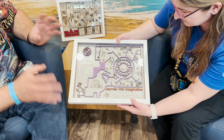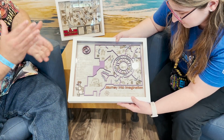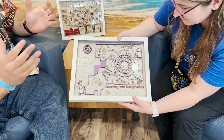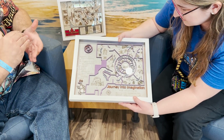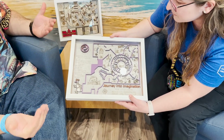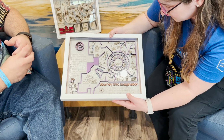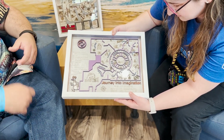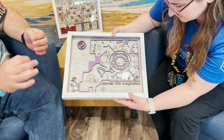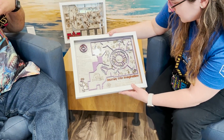And then I wanted the colors to match the color schemes of the rides. So with Journey into Imagination, you had white, purple, and orange as the main color palette, and of course the ride vehicles were blue, so those stood out. So we did our best to color match all those elements and incorporate them somehow. So therefore purple walls, orange title. We do that with every single one of the maps. With Mr. Toad, it was a green title, and then I did the separate color ride vehicles with UV paint. So if you hit it with a black light, they all glow, because that old ride was